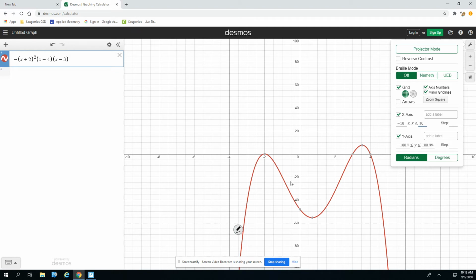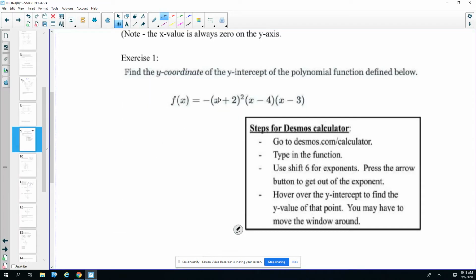So looking here, if I hover over the y-intercept, it tells me that it's 0, -48. So back over here, my answer for the y-intercept is 0, -48. So my y-intercept is -48 for that problem. We're going to do a couple more in this video. Going over to the next page,